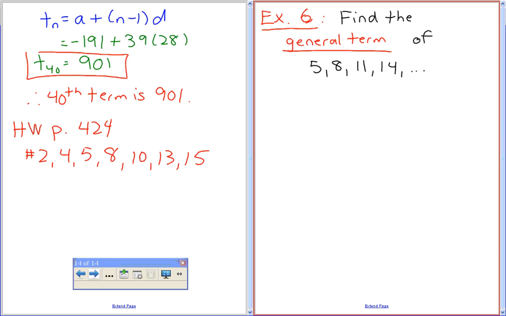Remember we said yesterday, what was a general term? Do you guys remember what a general term was meant to be yesterday? Does anyone recall from yesterday? Yesterday is a blur. What a general term was supposed to be was an equation you could use to find any term in the sequence, right? So this is just going to be an equation we're going to want to do. We're going to start with the same thing. The only difference is